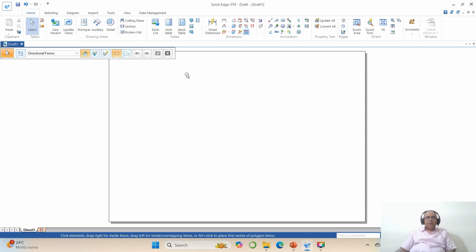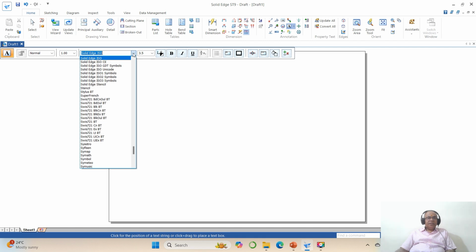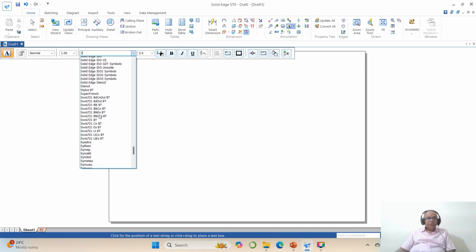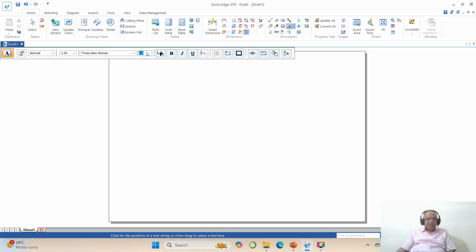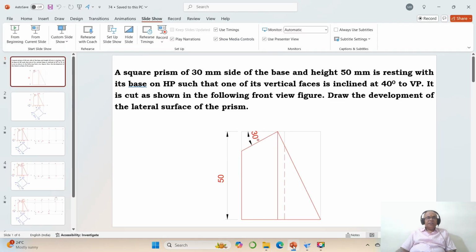Now once you do that, I will start typing the text. So to do that, first I will go for a text. By default, you will have Solid Edge. I want to go for Times New Roman. Okay. And I will take the font size as 4. Then you take the cursor here and click. Then you start typing the text. A square prism